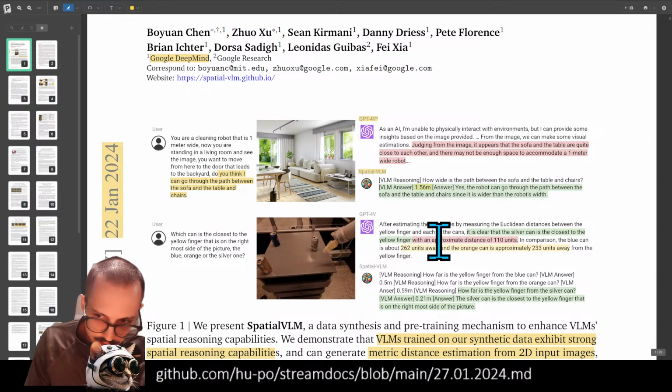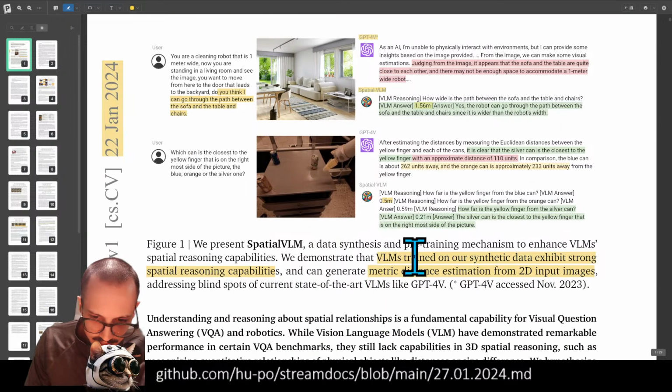GPT-4V gives you nonsense units here, an approximate distance of 110 units, but the fine-tuned spatial VLM makes much more accurate guesses: 0.5 meters, 0.59 meters, 0.21 meters. So this is pretty good, right? And this is just a first try, which is why I think that we're going to see